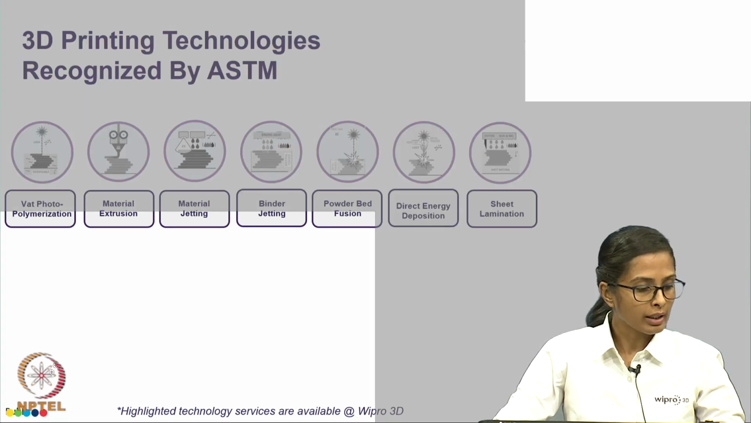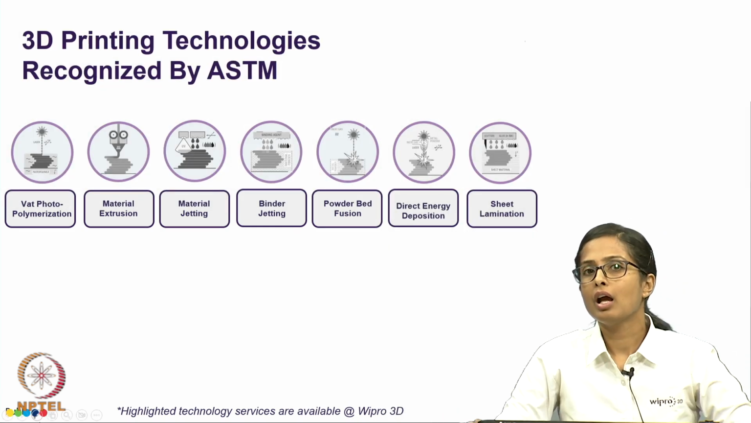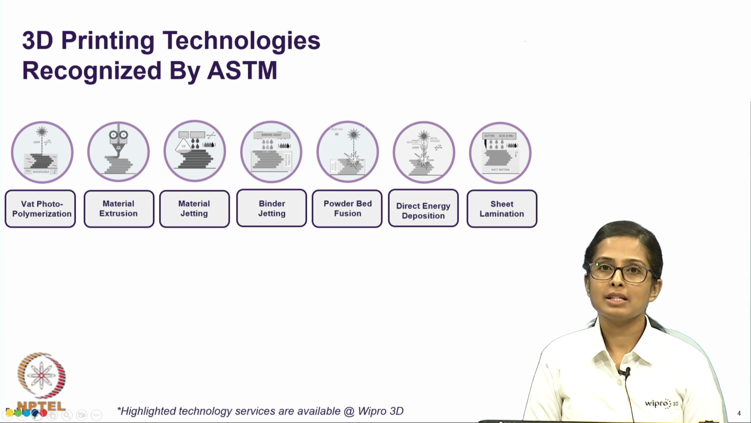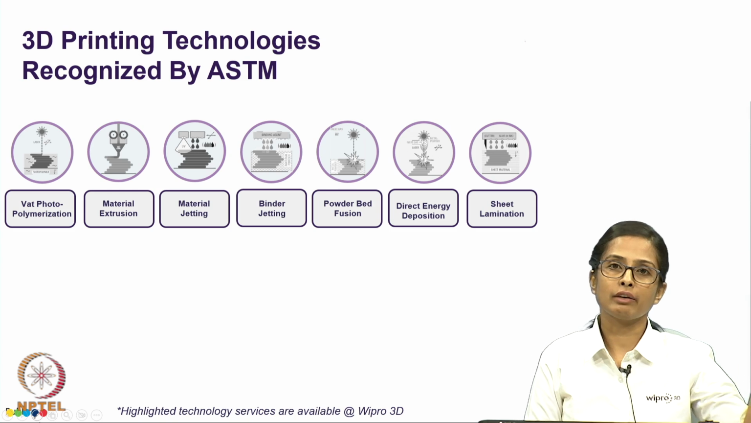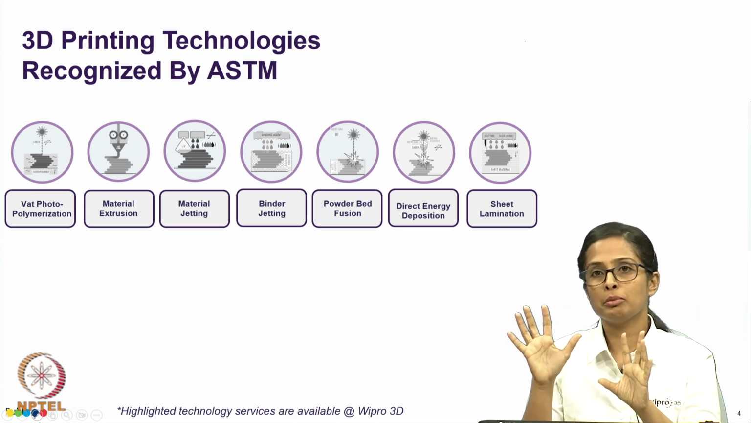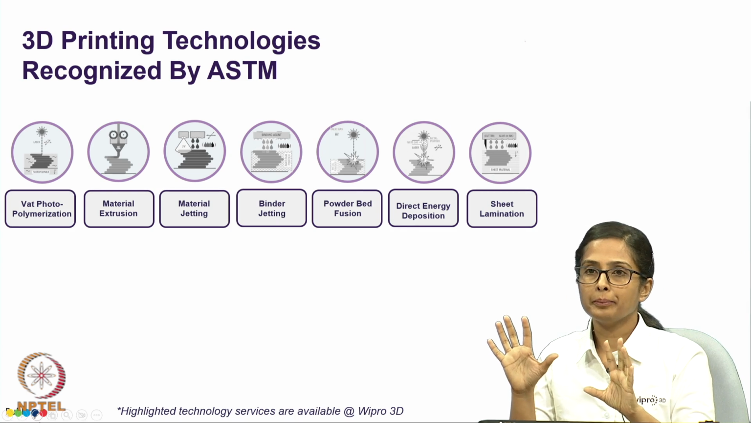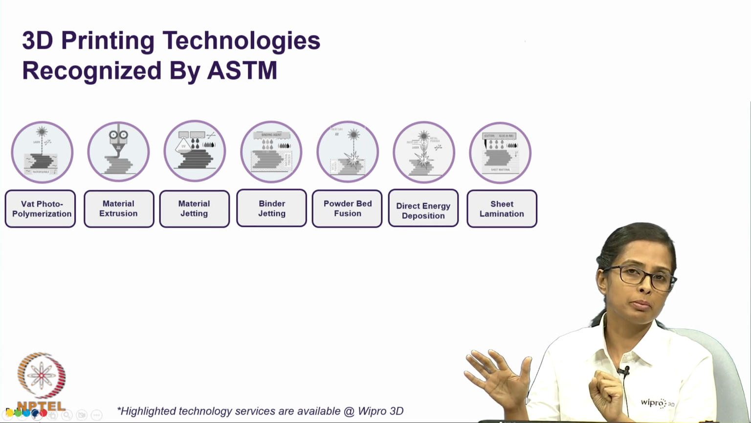There are many different ways in which the 3D printing processes can be classified. For example, one of the ways is according to the raw material. Which are the processes that are available to 3D print polymer, which are the processes available to 3D print metal,